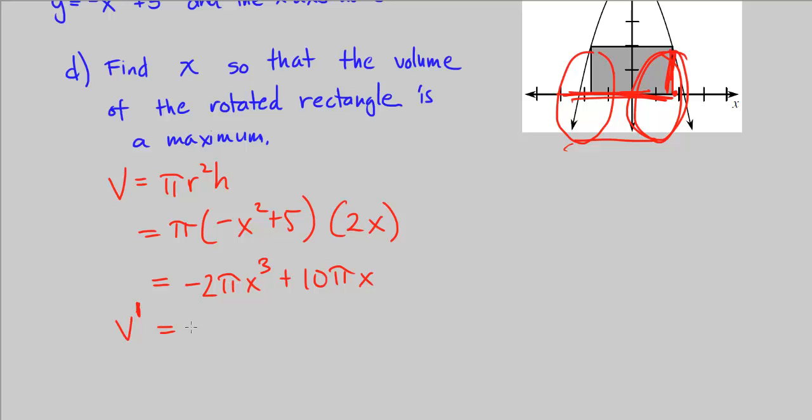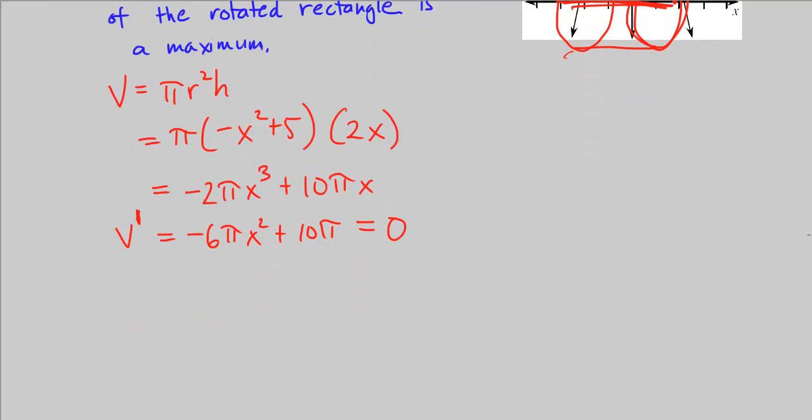V prime is equal to negative 6 pi x squared plus 10 pi. Okay? So when we set this equal to 0, we're going to find our maximums and minimums. Let's go ahead and solve for x. Subtract 10 pi from both sides. Divide both sides by negative 6 pi. Alright? And here we get negative